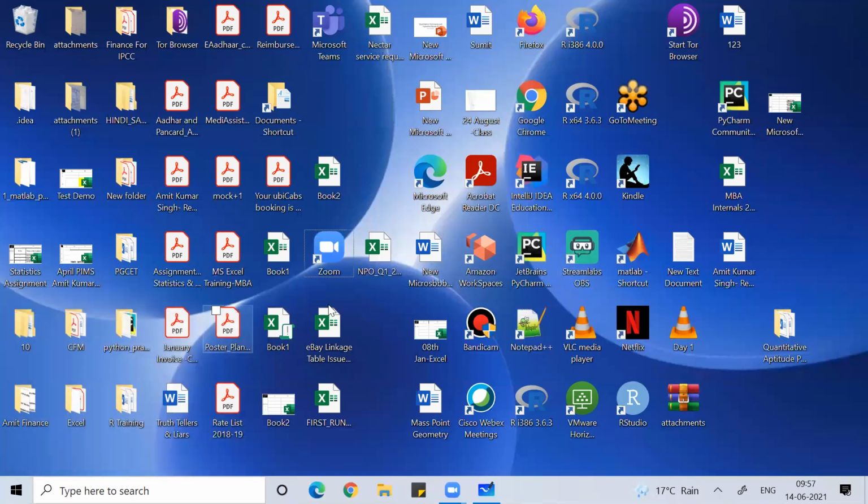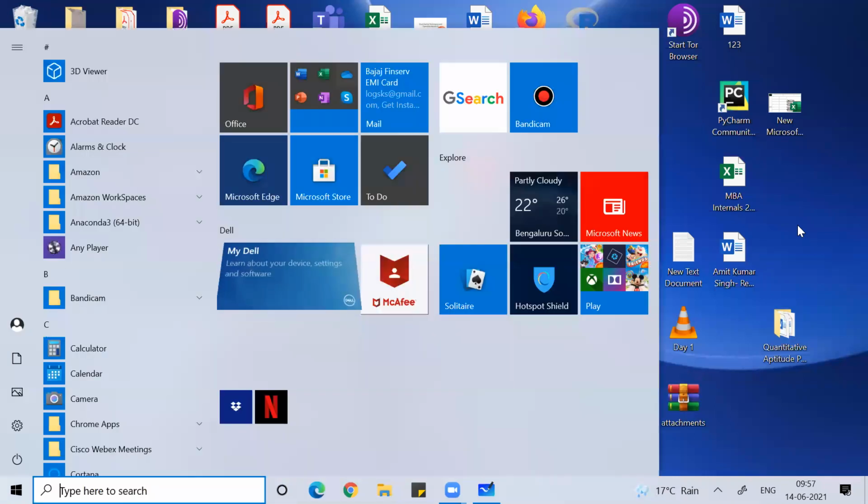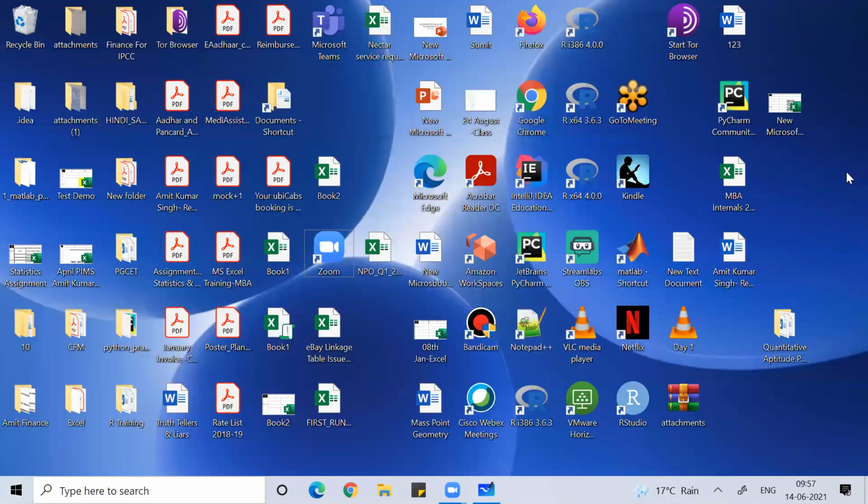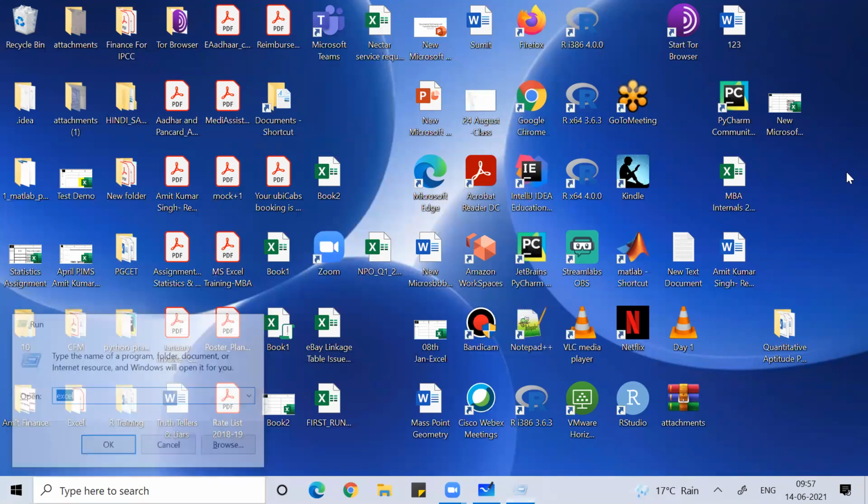Apart from that, you can right click on your desktop, go into new, and under new you can find MS Excel. Or you can go under Windows, check under programs, see in Office, or you can go alphabetically down, see in E, and you will find MS Excel and click there. That is another way to get into MS Excel. So different ways are there depending upon how you are working.